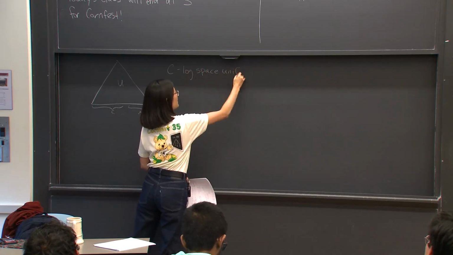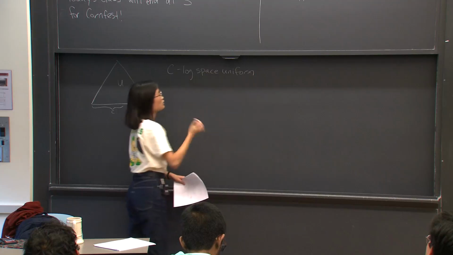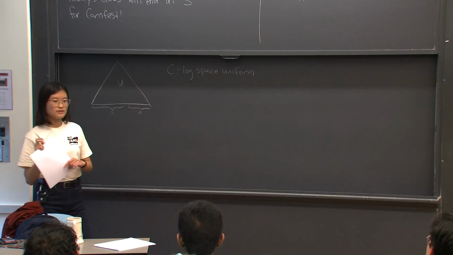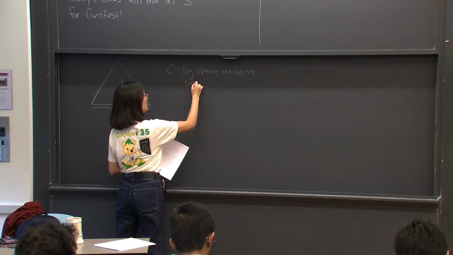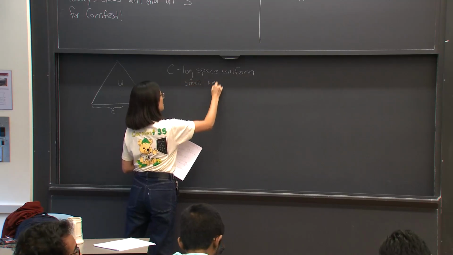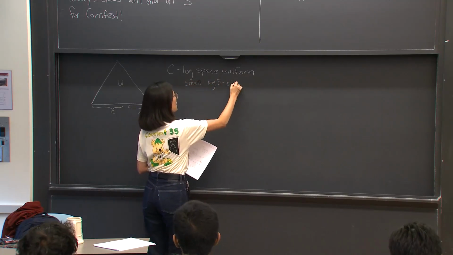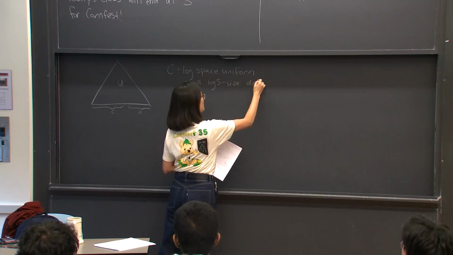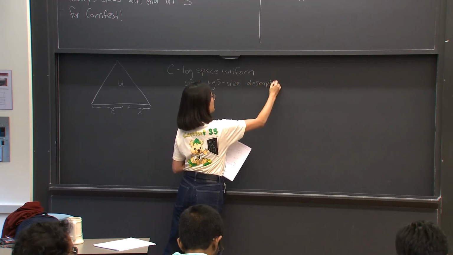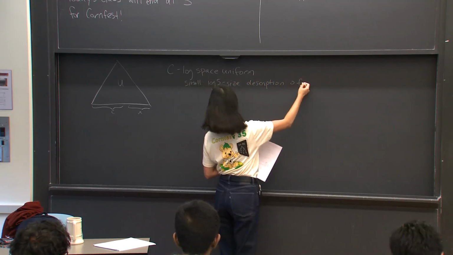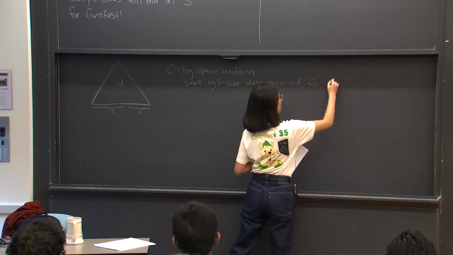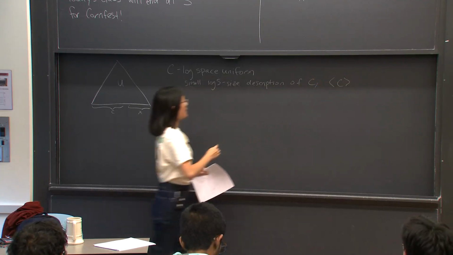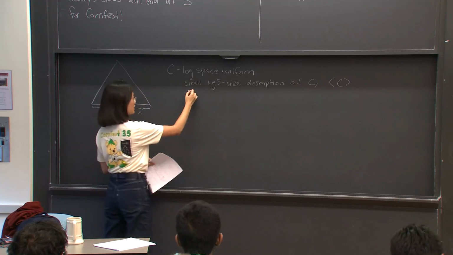If you ever read GKR statements, the theorem only holds when C is log space uniform, which means that there's some small description of it, some small log S size description of C. Maybe let's call this description this. And there exists a Turing machine M